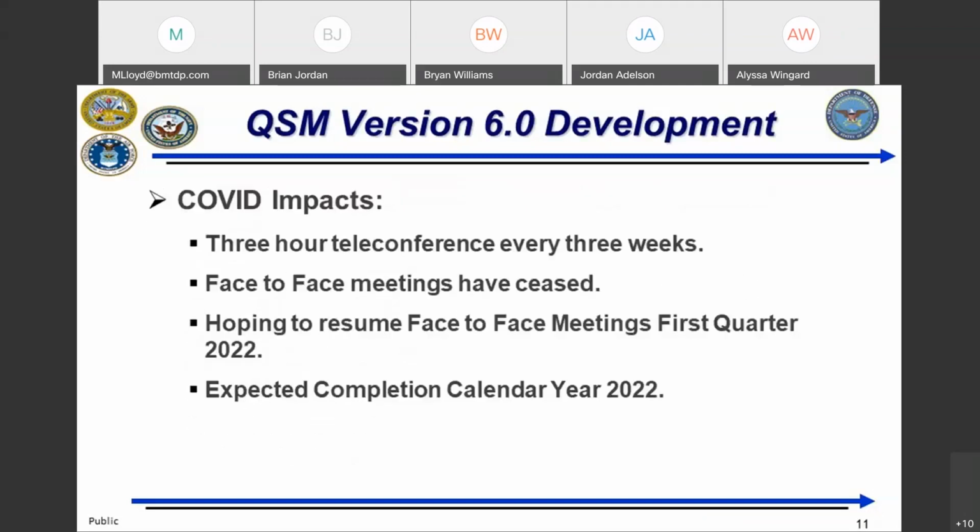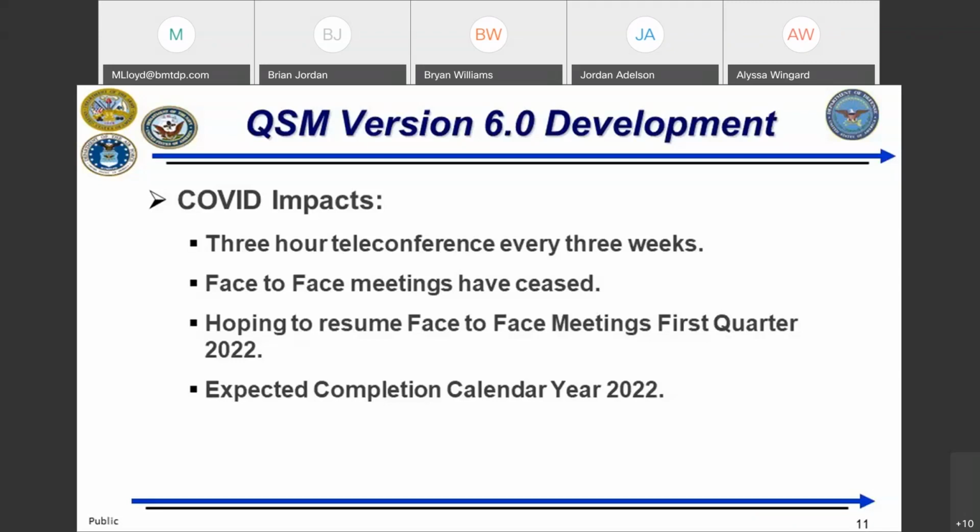As far as developing the QSM, COVID has really impacted our speed on this. Prior to COVID, we were having 2-day face-to-face meetings every few months or so, and now we have really been slowed down. What we have been doing since COVID, we have 3-hour teleconferences every 3 weeks. It's grueling. As those of you who spend a lot of your time on teleconferences know, it's much harder to get things accomplished when you can't get a read of the room, you can't project clearly in front of people. So we've had our challenges.